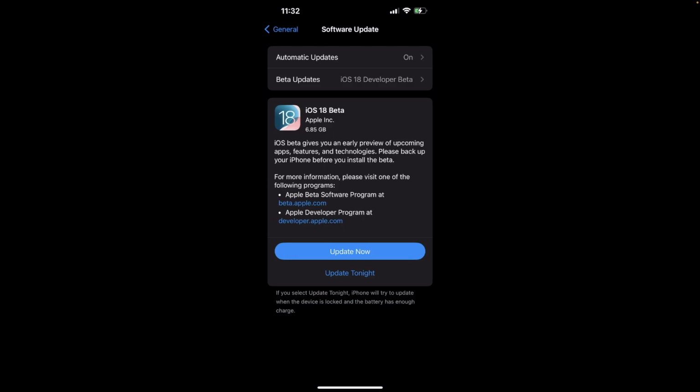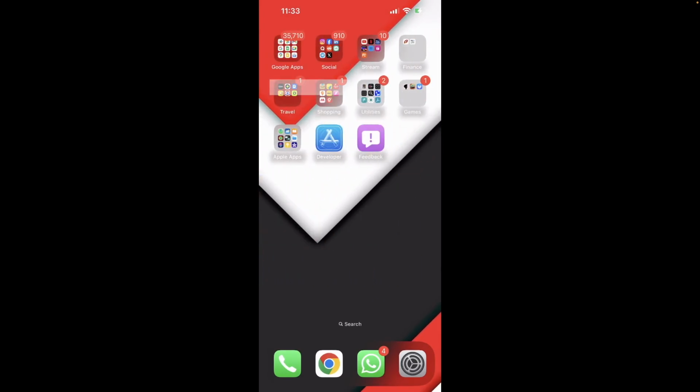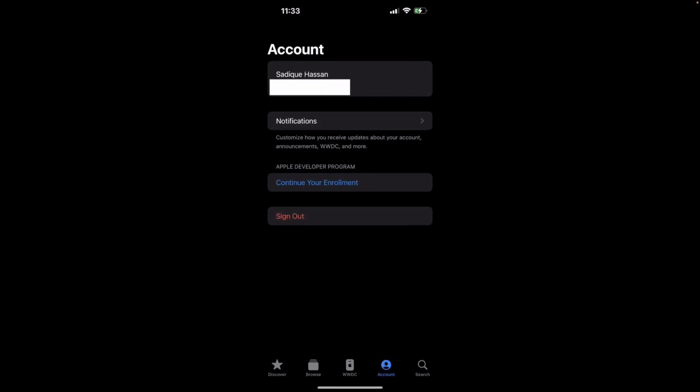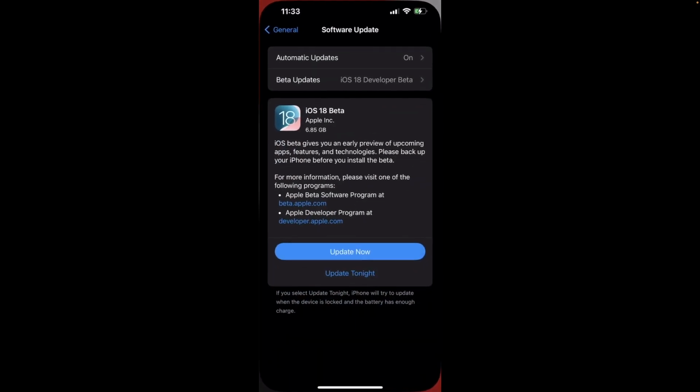So just to round off, this is not an issue whatsoever. You only have to install the Apple developer app, tap on start the enrollment, and after that you will have to proceed with the on-screen instructions to complete the enrollment. Just when you reach the last screen, don't make any payment whatsoever. All you have to do is simply close the app. Once you have closed the app, you will be taken back to the account page, and from the account page you must now minimize this and then go to the settings menu and get hold of the update from here.